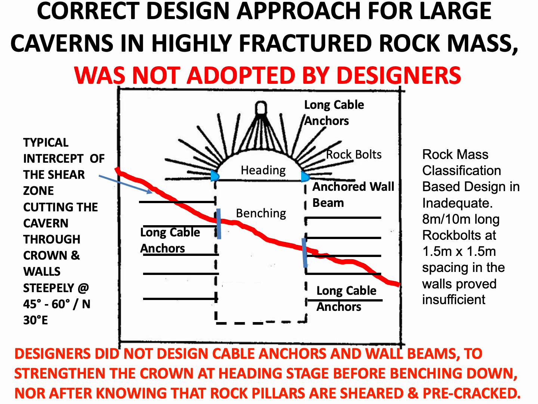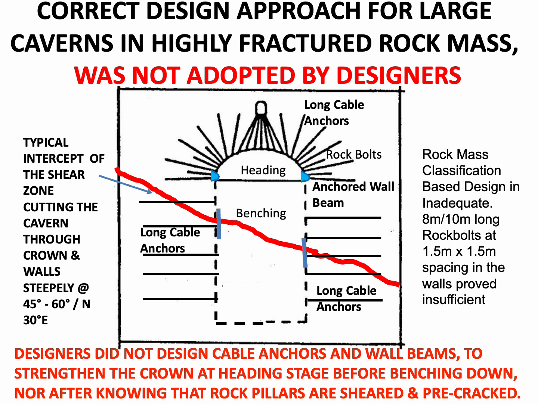Therefore, the management had suggested the designers to either bifurcate the Downstream Surge Gallery into smaller chambers, which was not agreed to. Thereafter, the management suggested to provide wall beams at the SPL and cable anchors in the crown